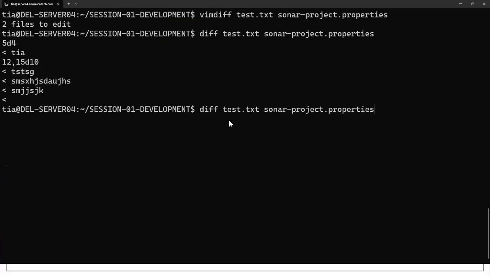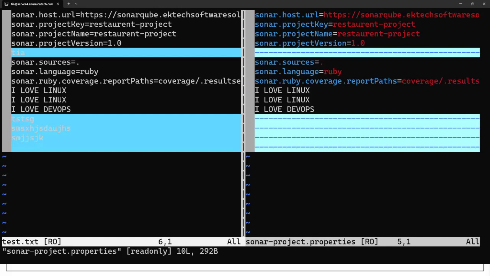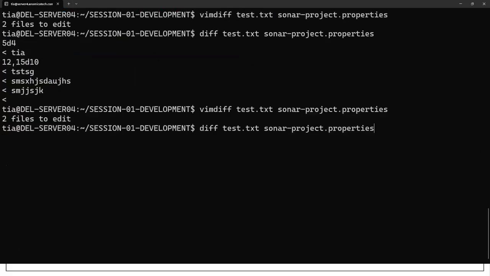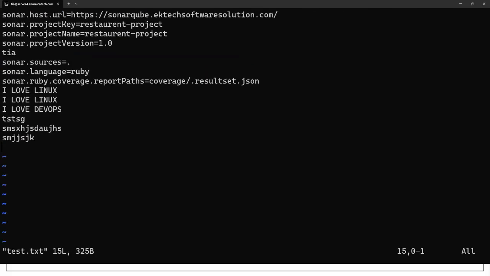And if you want to check with vimdiff, that's where you really understand, because you open both files side by side, and it's going to show you where you made a modification, right? Even if you change just a line, you can see that also. Let me just change this line. Instead of this, if you just put a little I in front of this and I save it,